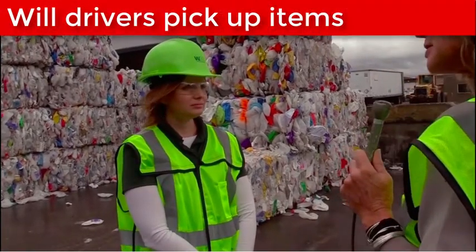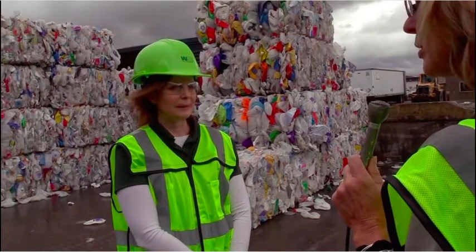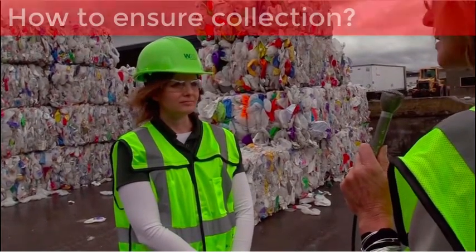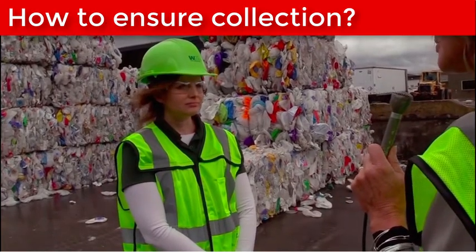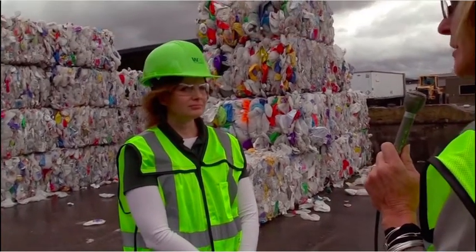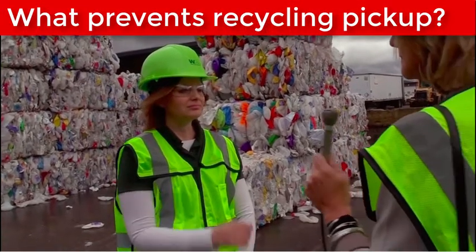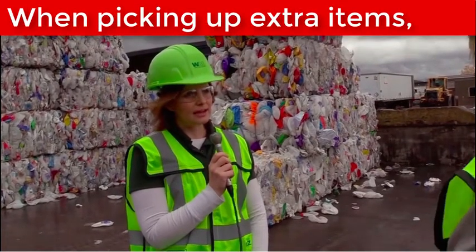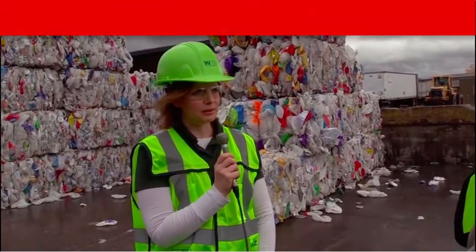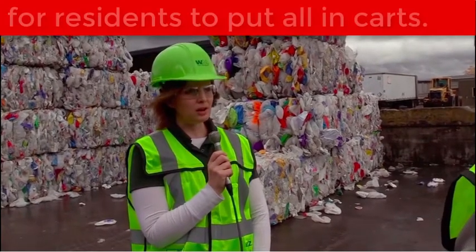The driver stops and manually goes out and picks up cardboard or other things. I know that's our recommendation, that's what we're hoping for. I just want to make sure that our residents understand that by doing certain things, some items may not be picked up. So in most instances, the driver does have a tag that he will go out and pick up the material outside of the cart, leave the tag reminding the resident that all material must be in the cart